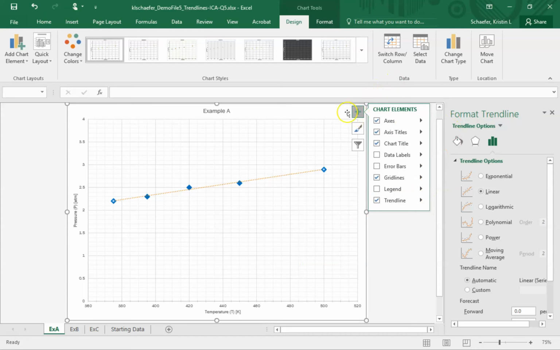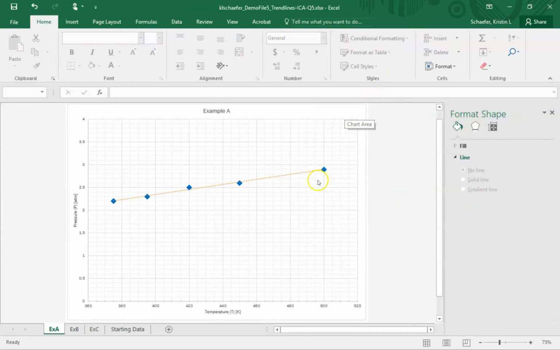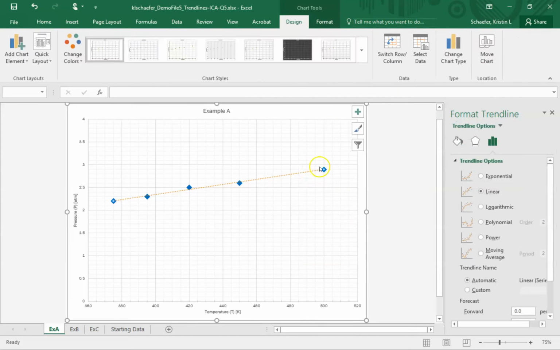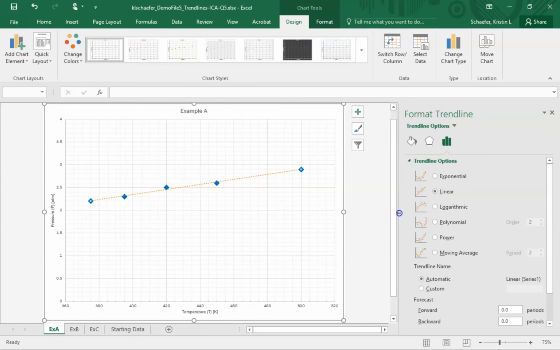Okay, let's get rid of that. Okay. All right, so when you right click and add trend line, now over here your flyaway is format trend line. All right, and you can see that linear now lies in between all of the data. Excel kind of auto defaults to linear, and you can see that the spread of data is nicely scattered around linear, but let me just go ahead and show you that over here it does the exact same thing,